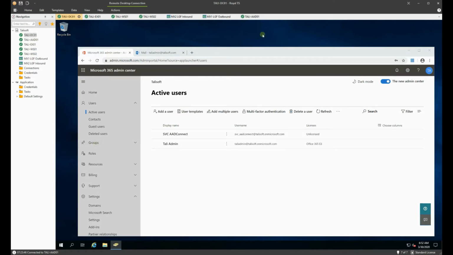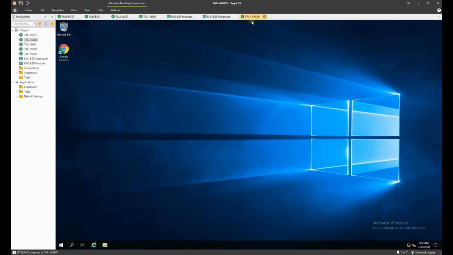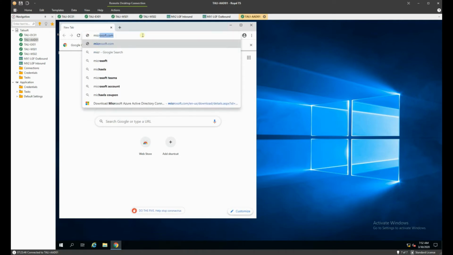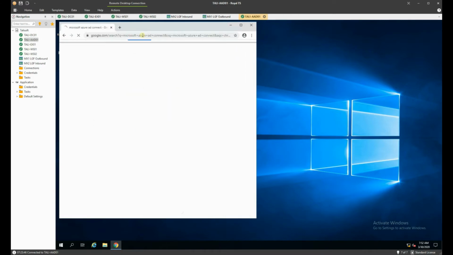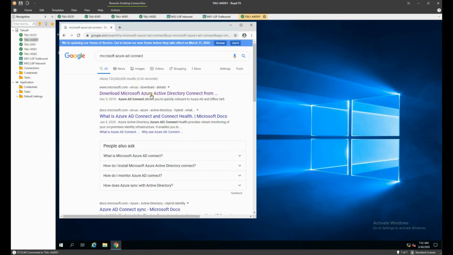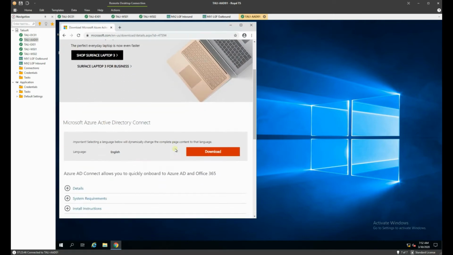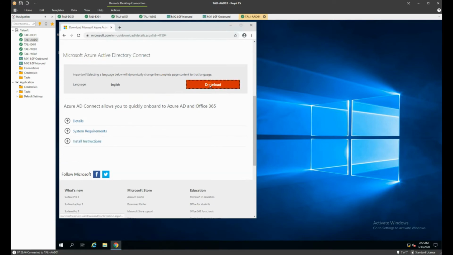Now to tie all this together, I built a box called AAD01, and that particular box, its sole purpose is for the transmission of those accounts up into Office 365. Now we need to download that software, so the easiest way is just to jump on the net and find it. Now if you do a search for Microsoft Azure AD Connect, you'll find that one of the first links here is download the Connect software. That will give you a nice new version, and you can see here that we are just going to download that,